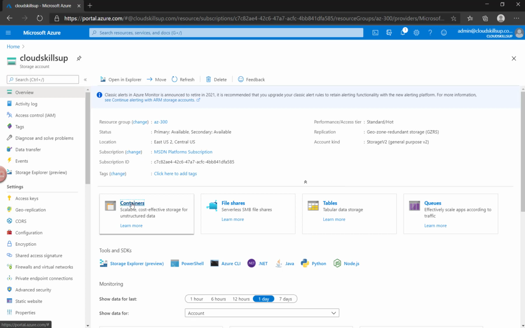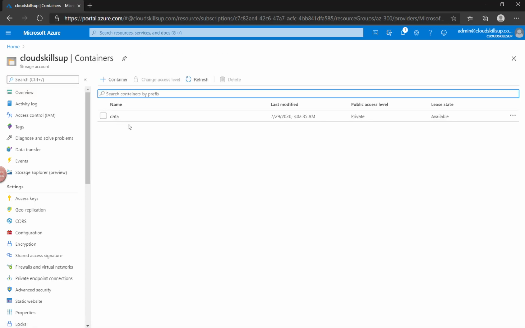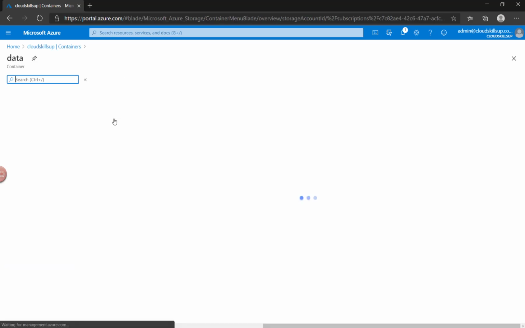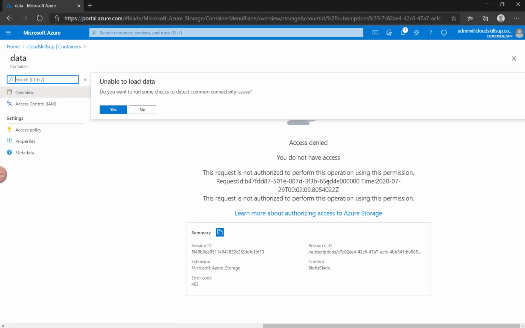If I click on the container, I am able to see that the data container is there. Let's try to access this data container, and you will get access denied because it is not authorized through Azure Active Directory. This particular user doesn't have permission to access the container data.